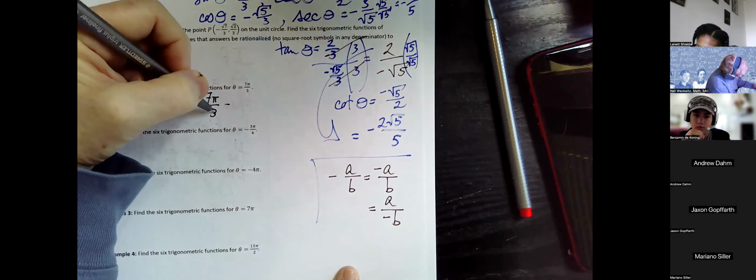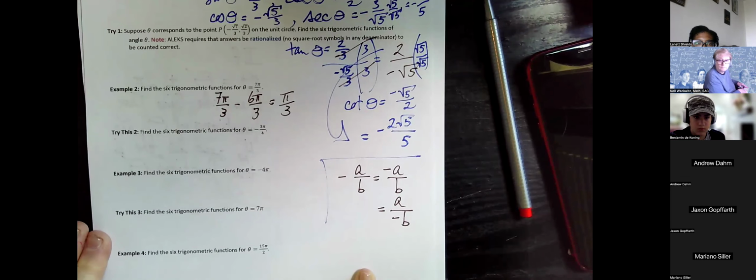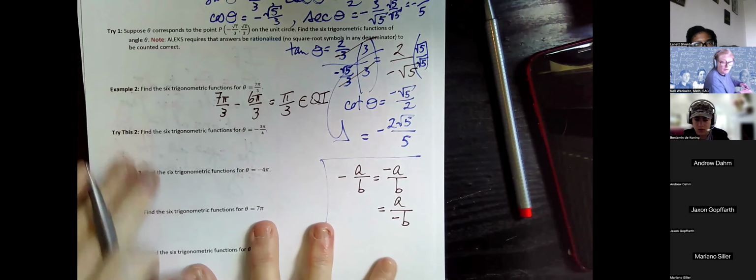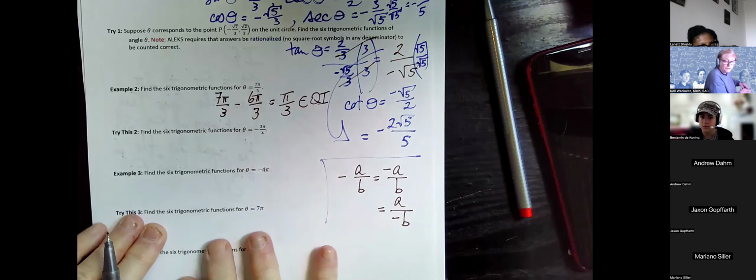That'd be 6 pi over 3. Good. So we've got 7 pi over 3 minus 6 pi over 3, and we land on 1 pi over 3, so we're in quadrant 1. Good. And the coordinates for pi over 3 in quadrant 1 are